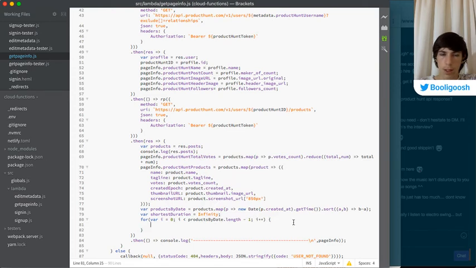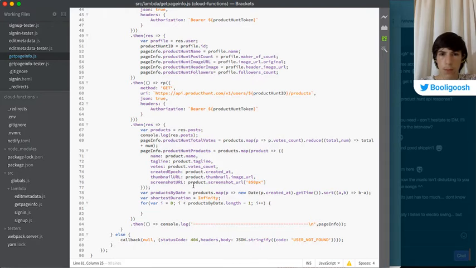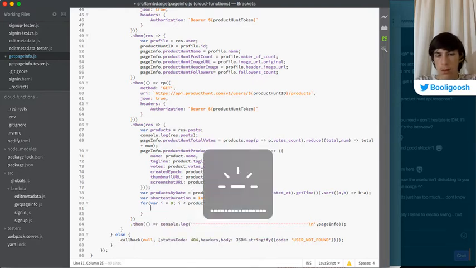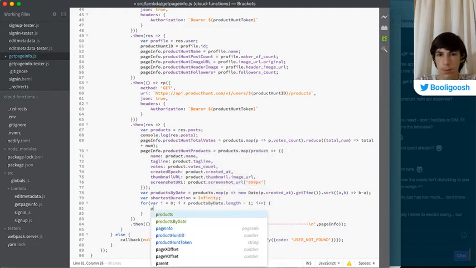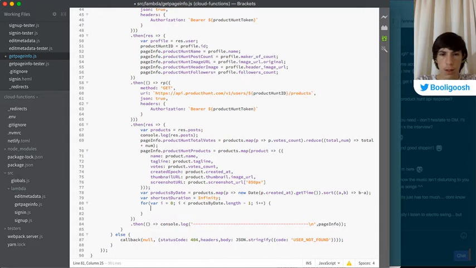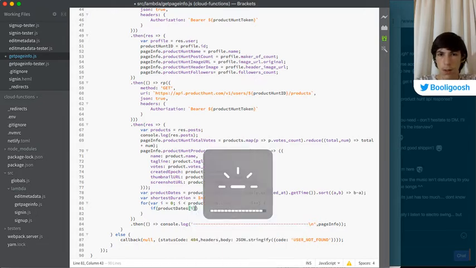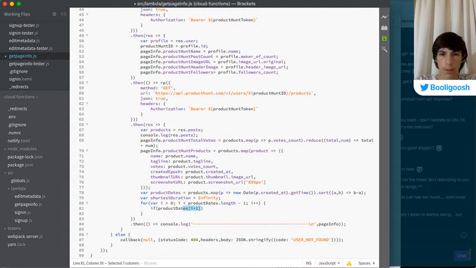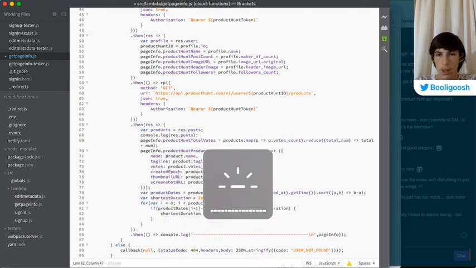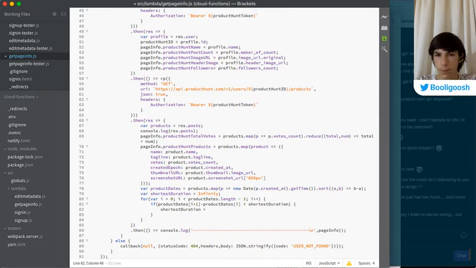Okay, so then we'll say, actually, let's call this productDates: if productDates[i + 1] minus productDates[i] is smaller than shortestDuration, then shortestDuration equals, what do we want it to equal? We want it to equal this.